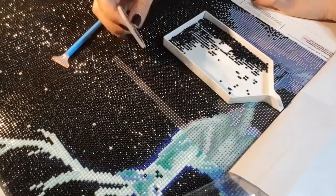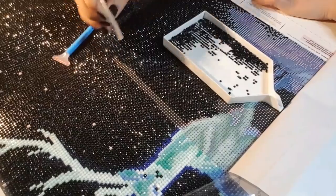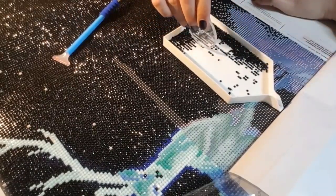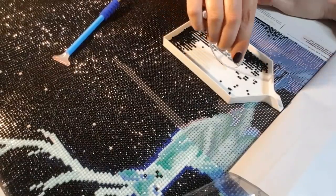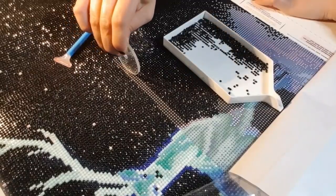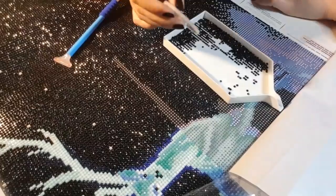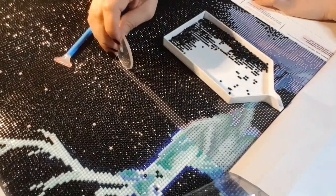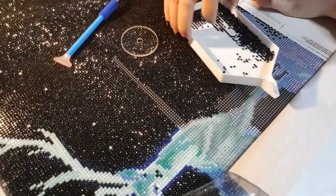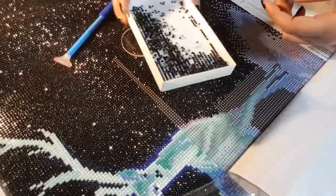Number 8. Do you keep your spare drills? Yes, I do. I do not keep all of them. If it's a particularly bad manufacturing of the drills, I will throw them away into my trash drill jar. And I'm still thinking of what I'm going to do with all of them. The Huican custom that I had made of Luna, my dog, I have 2 lots of diamonds,